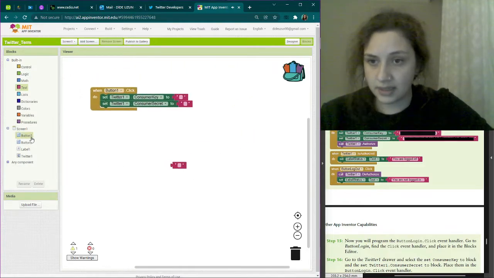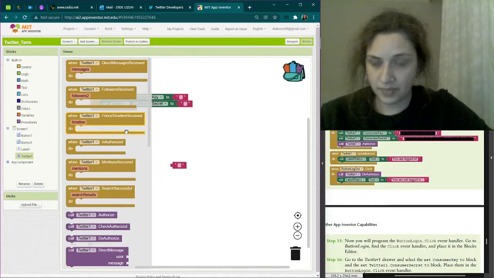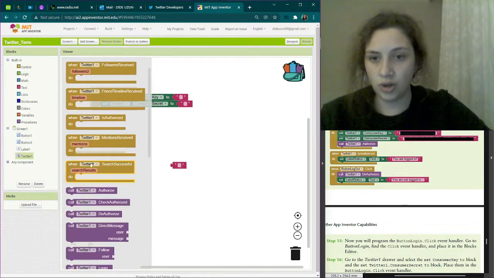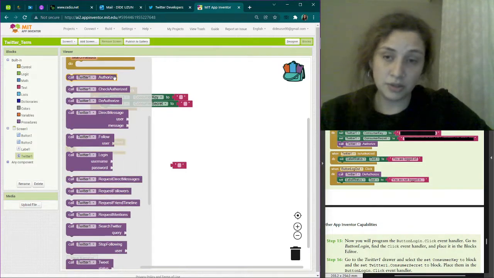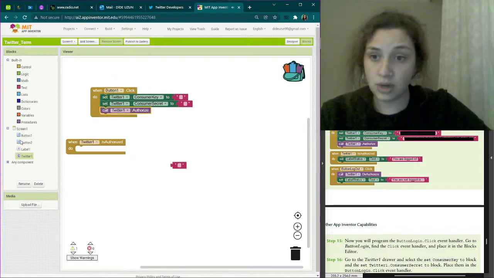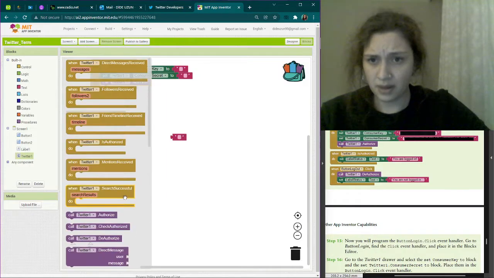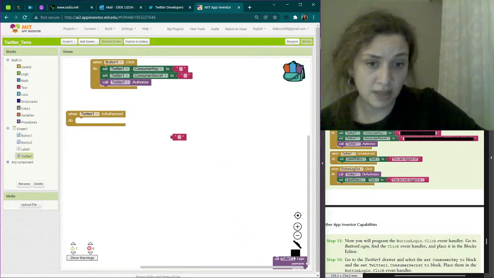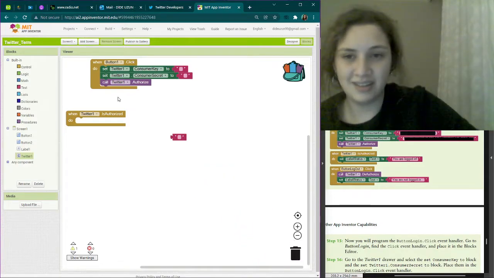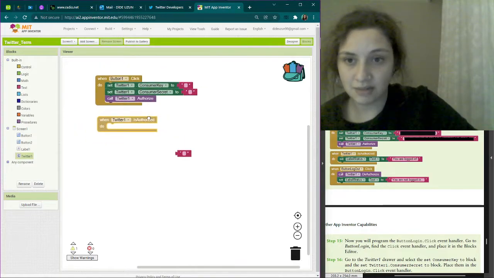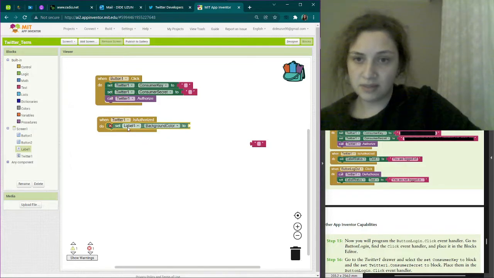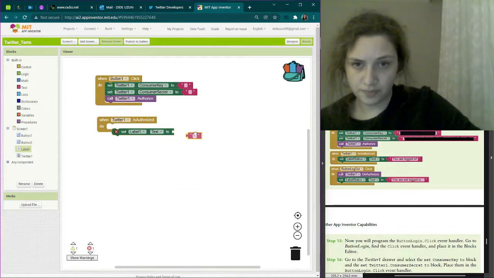And button 1 should call Twitter authorize. I tried to use, where is it, this block login with username and password, but I found out that it's not supported by Twitter anymore. So if Twitter is authorized, it should set the label one text to,